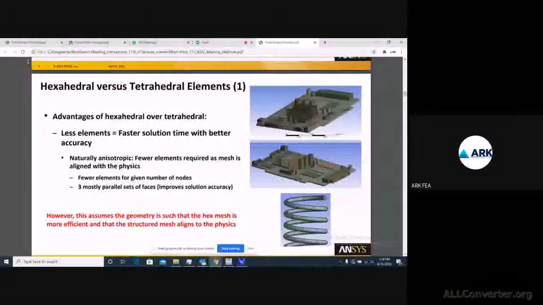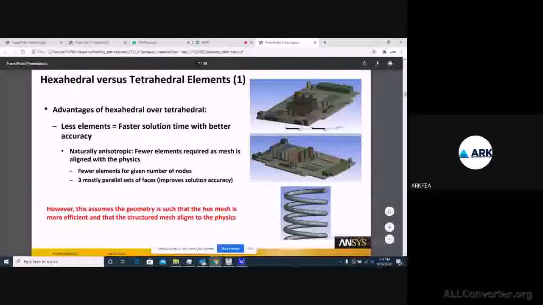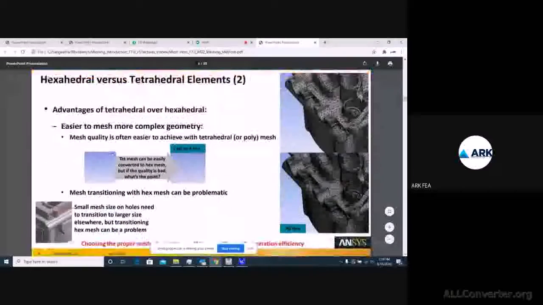So as far as possible you need to make sure you have fewer elements, so that you can reduce your computational time, that is, you can have a faster solution, right? Based on that you can select which kind of element to go with.